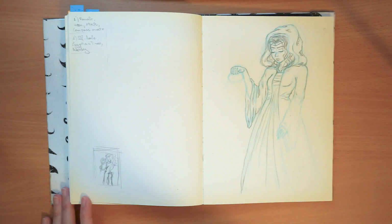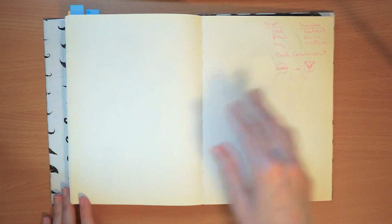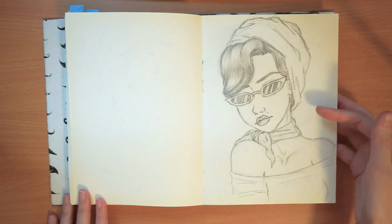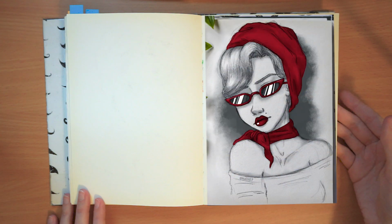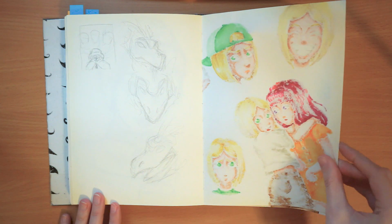Here's a sketch that did not go well. Some more almost empty pages. Another sketch. This one I refined digitally, and I have it on my Instagram. Some sketches, and